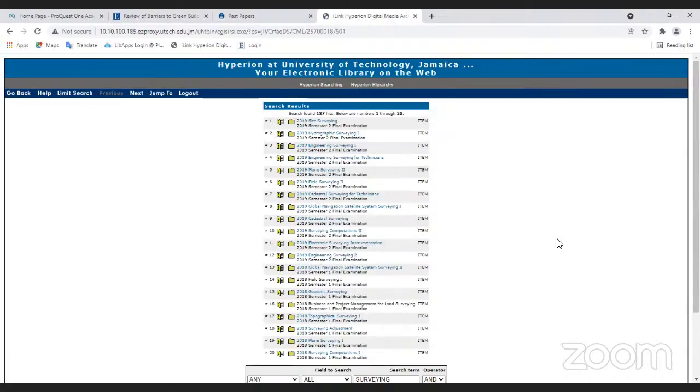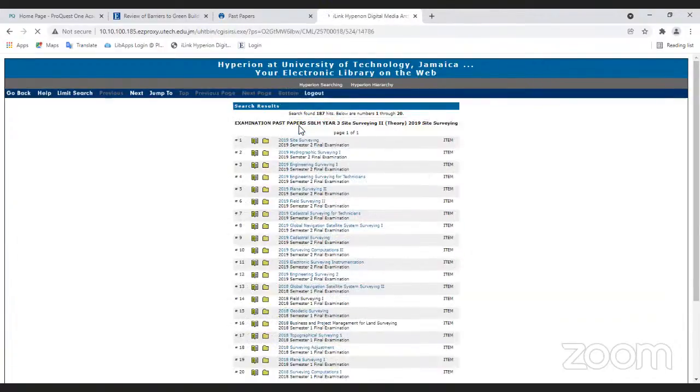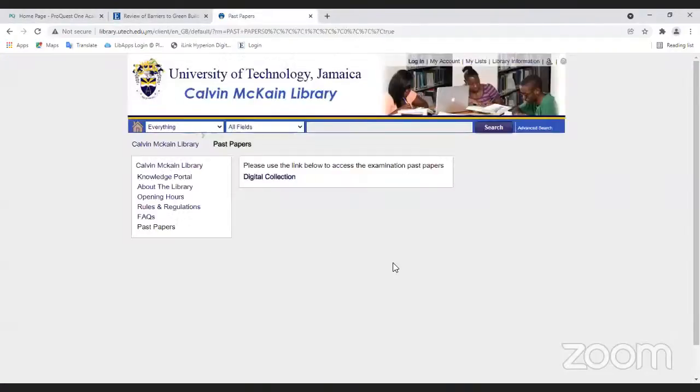All right, so if I put surveying, which I know, you see you have 2019 papers, which was up to date until we switched to online modality. Papers were being loaded. Whichever modules come with exams, some form of past paper will be available. Might not be up to date, but